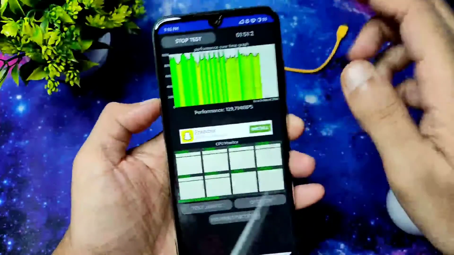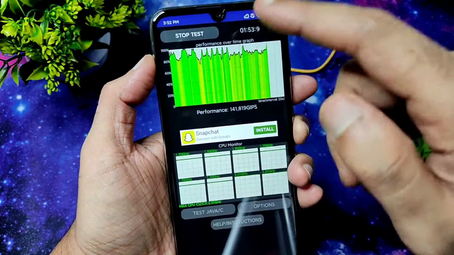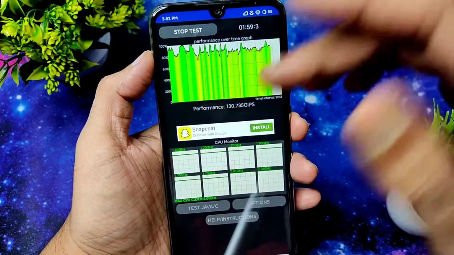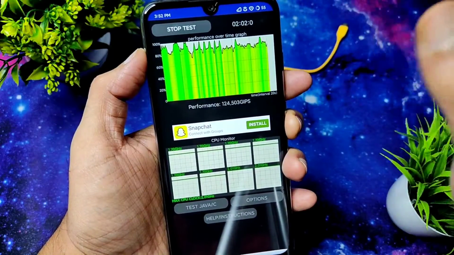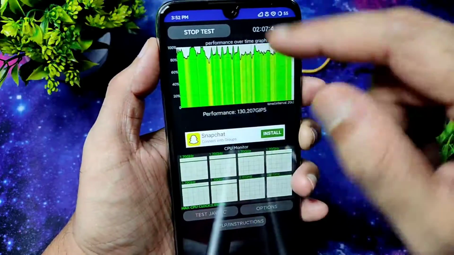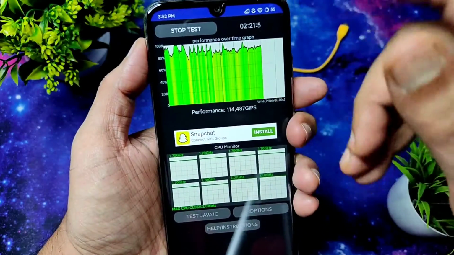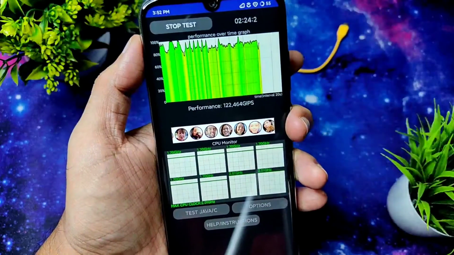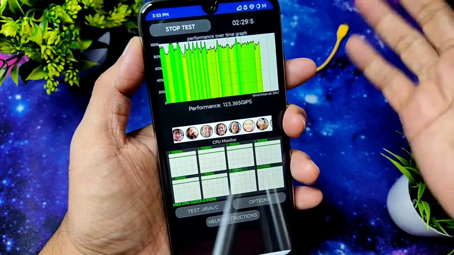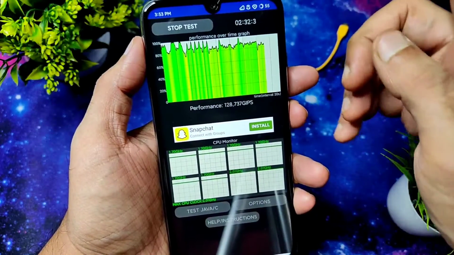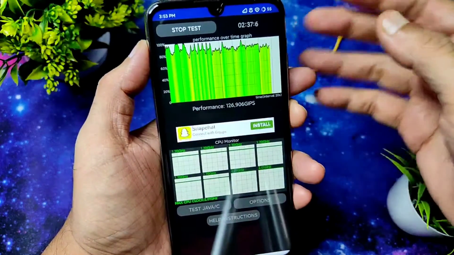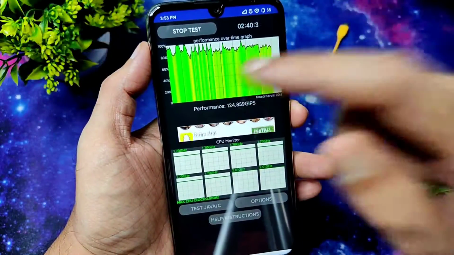You can use it. I thought I would run it up to 4-5 minutes, but within 2 minutes I got the difference. There is a little bit of throttling, but in day-to-day performance and gaming I tried, it's not that much throttling. I never faced bad gameplay like that, but still the CPU throttling app is showing it, maybe because some apps are running in the background. But anyhow, it's not as stable as in my previously made videos on my channel. You can check it out in Pixel 5 ROM and some of the Voltage OS. Those have very good peak performance compared to this ROM.